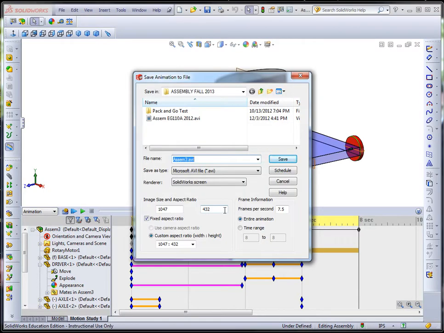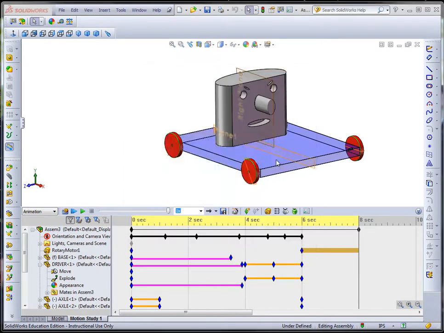And you can decide where you want to save it, put it on your K drive someplace, create a folder for it probably. And you'll notice that under this video here, you can select frames per second. So for instance, if I select 40 frames per second here and just accept this part here and select save,